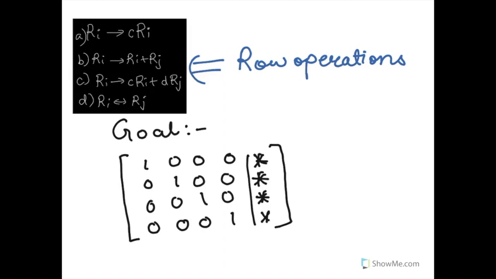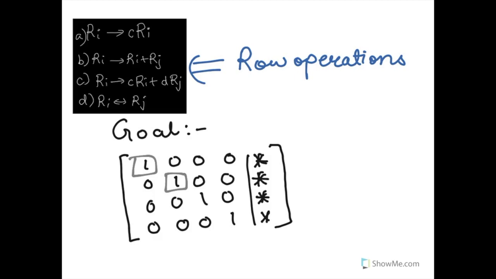You can multiply a row by any scalar factor. You can add a row to any other row. You can add the scalar multiple of one row to the scalar multiple of any other row, and you can interchange 2 rows. So the goal is to have every pivot position, any leading non-zero entry of the row,